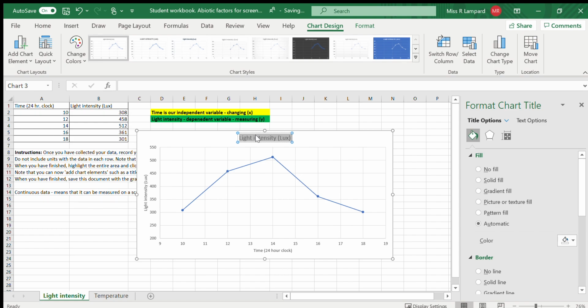And well, what is this a graph to show? Well, remember, whenever we write a title for a graph, we can link together our X and Y axes. So I'm going to say here a graph to show how light intensity changes between 10 a.m. and 6. Actually, let's put 10, keep it in keeping with our axes, 1000 hours and 18 o'clock,